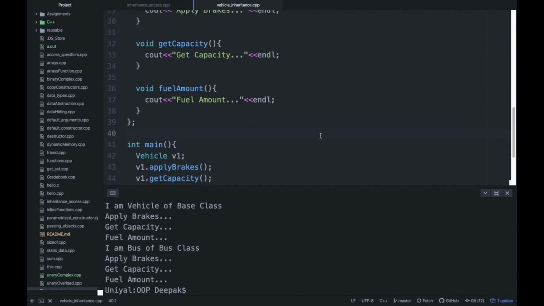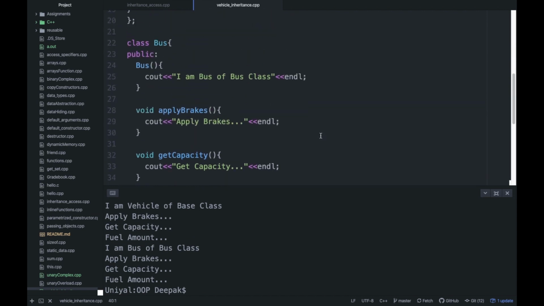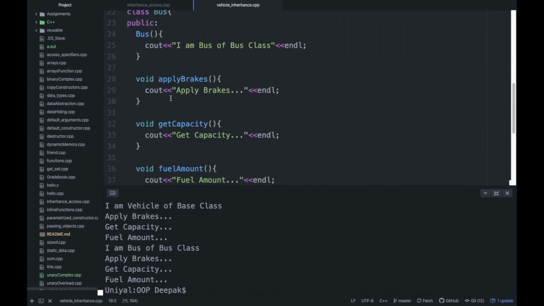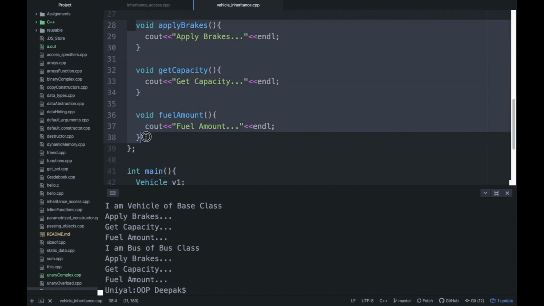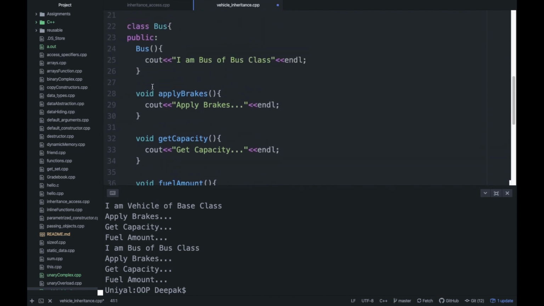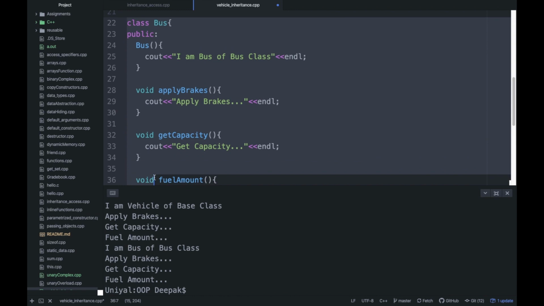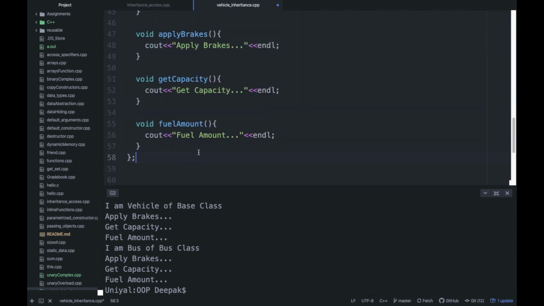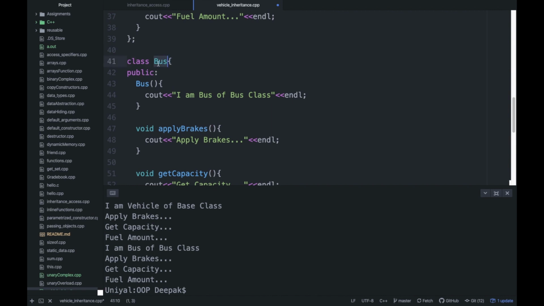But can you see the problem? The problem is that you have written these functions first, and then you have copied these functions and pasted them here. But I have already told you that we have more classes, so I will again write this whole code for the car class. I will make it car, and I am car of car class.